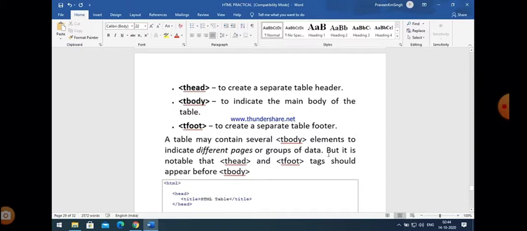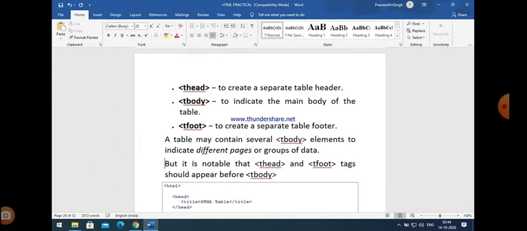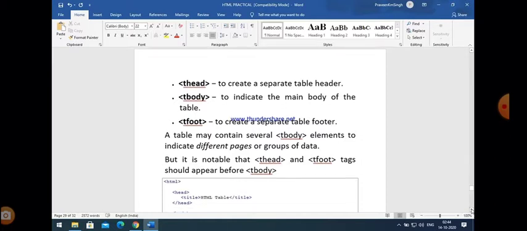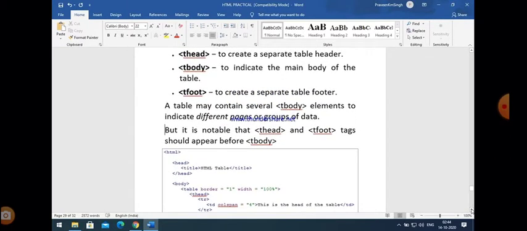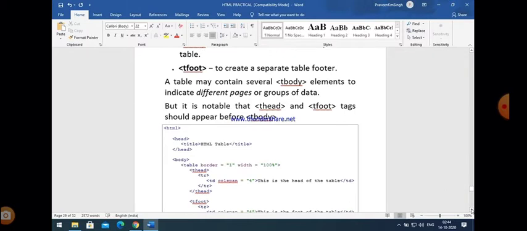A table may contain several tbody elements to indicate different pages or groups of data, but the most important thing is that the thead and tfoot tags should appear before tbody. So we define thead and tfoot before tbody. And one thing is also very important: for table heading we use th, and for header we use thead. That is also a very important point.